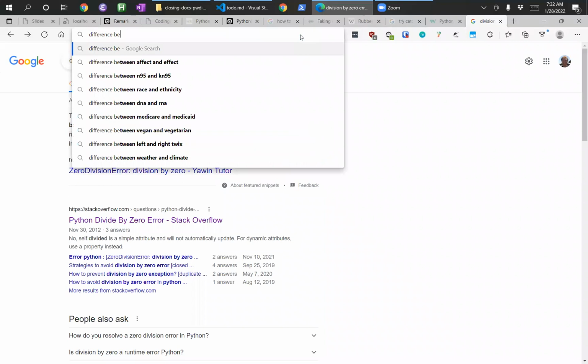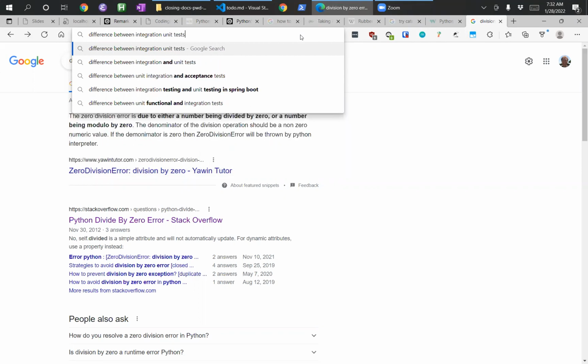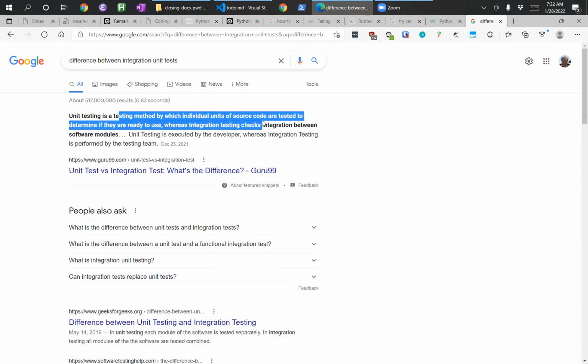The difference between them, every single time someone explains this to me, I get it for a little bit and then I forget. And I'm not saying it's not important. Part of the problem is that we have a lot of schedule pressure on our project, which means it would be great if we had all of our ducks in a row here. So, unit testing is a testing method by which individual units of source code, well, that's very vague. Usually it's functions, like I said, or classes, where integration testing checks integration between software modules. Well, thank you for telling me what the words mean.